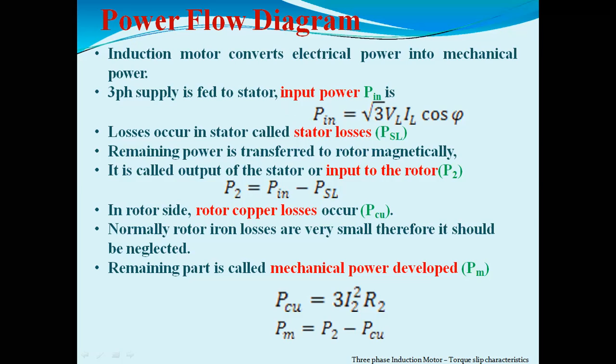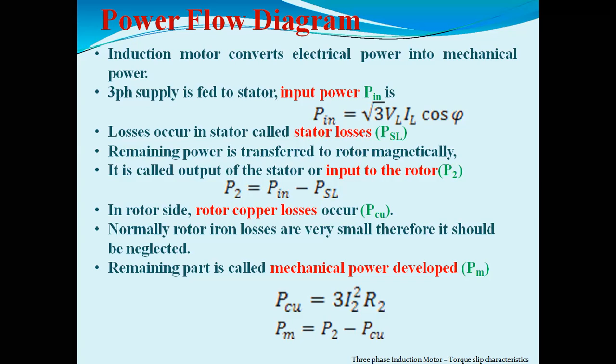If you see star and delta connection, you will get how we get the square root of 3 here. So when we use an induction motor, we are converting electrical energy into mechanical power, but there are some losses. Here also we are supposed to study the power equation which we have seen in the DC motor. In the DC motor, what did we say? Mechanical power Pm equal to what we have seen there, Eb into Ia, that is nothing but back EMF into armature current. Ia is nothing but armature current.